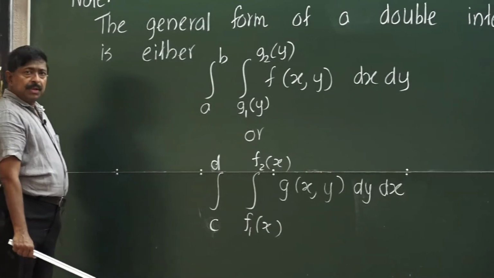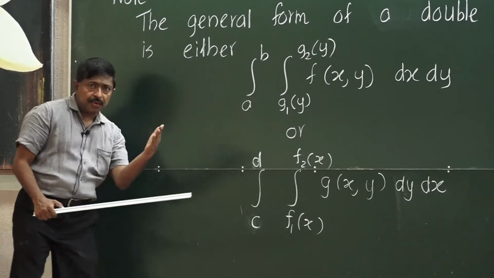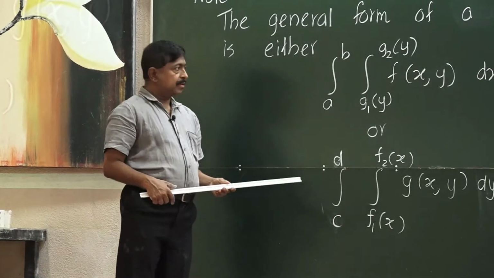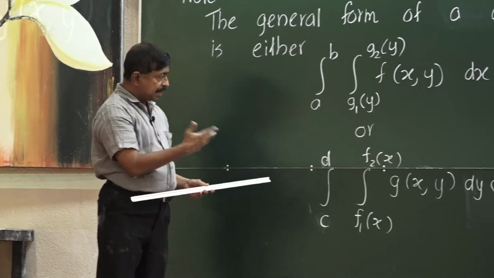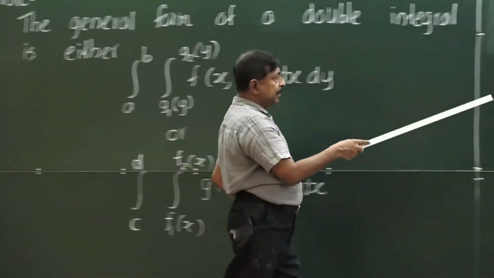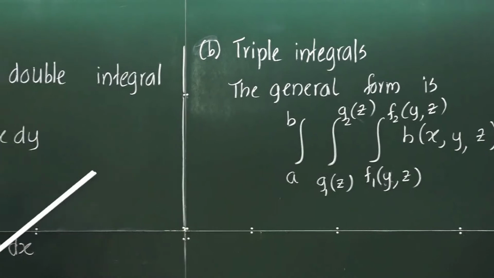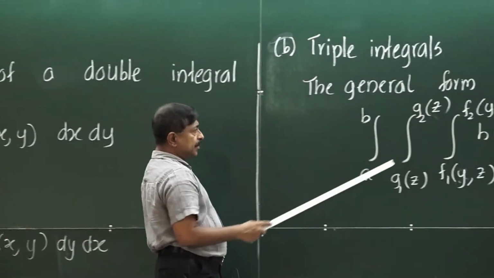Now, we will move to the triple integrals. In the triple integrals, you have one more step, that is all, right. It is not really a big deal, it is again as simple as this one, but the only difference is that you have one more integral. Now, this is a triple integral, the part B in section 3.1. The general form looks like this.